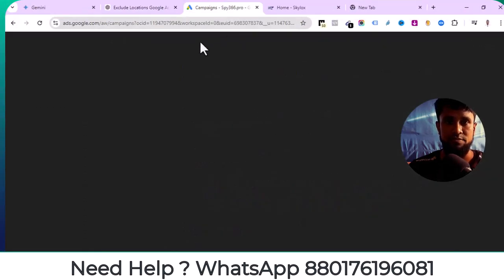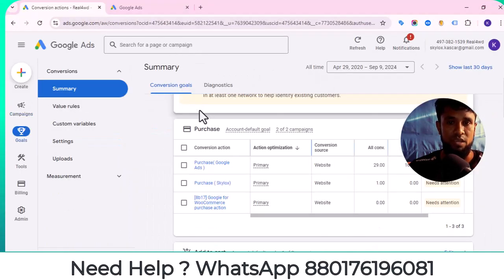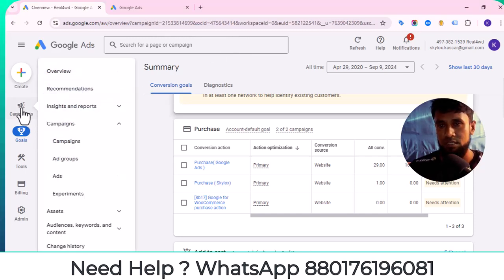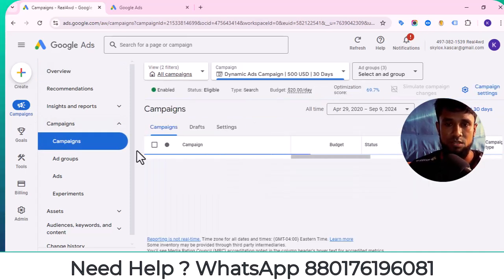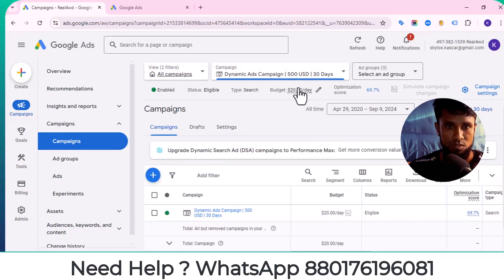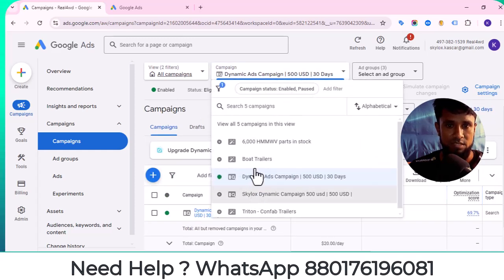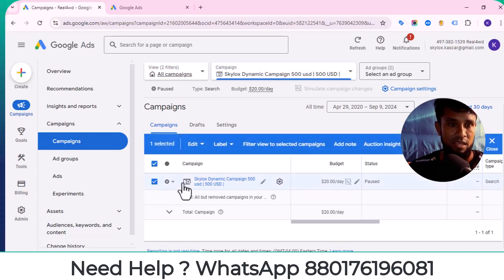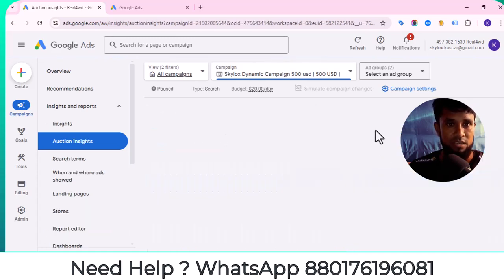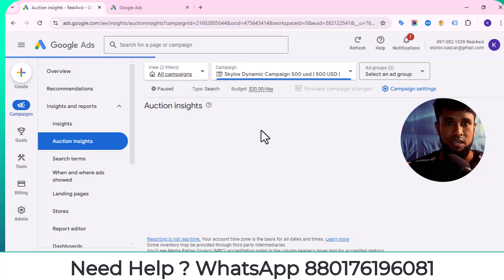Here you can see I am going to my Google account and I am going to the campaign option. First of all, select your targeted campaign. So I just selected this, which was our target campaign. Click here and click the auction insights. If you click the auction insights, here you can see